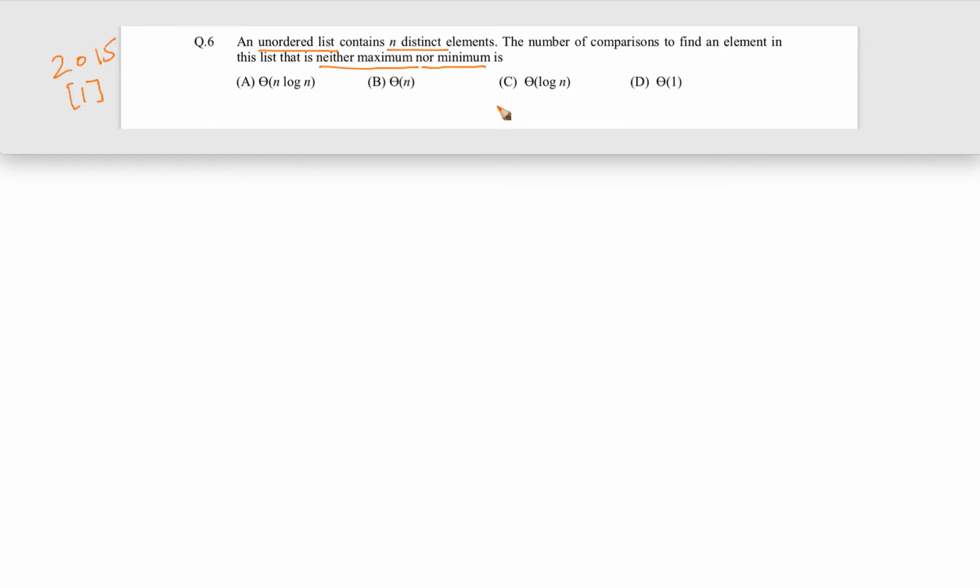Okay, so there is a list given, let's say any list, and it is an unordered list, so 3, 6, 4, 2, 1, 5, any unordered list. Let's say these all are n distinct elements, and what we have to do is find an element in the list which is neither maximum nor minimum.